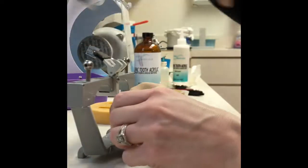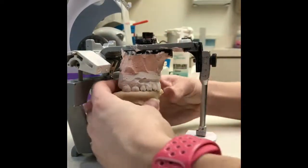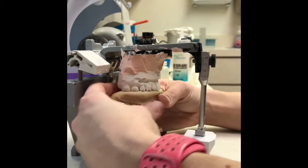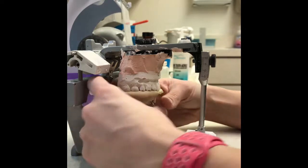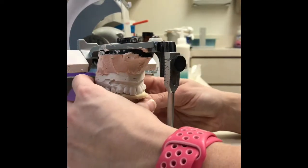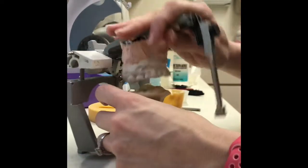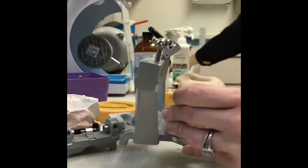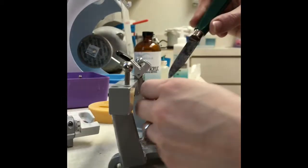Now we'll use this upper model to make sure that our front teeth are still touching. And in this patient's mouth, everything's fine. We don't have too much of an overjet, so we've got teeth touching there. And at this point, we can even cut off the excess. We've got plenty of excess along the back, or we can wait till we trim it with the model trimmer